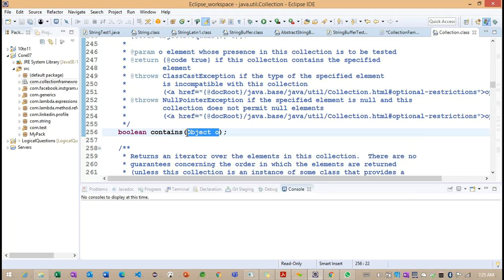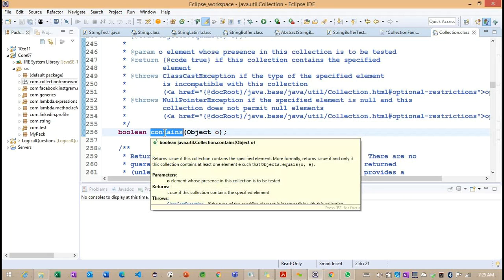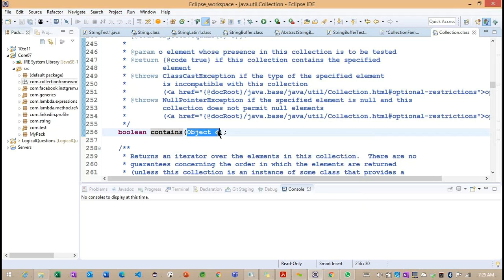Getting the point? This is very important. You cannot know what kind of object we are going to pass to this method, so we define the parameter as the Object data type, so that we can convert it into the appropriate data type. Right? We'll see, using a keyword called instanceof.